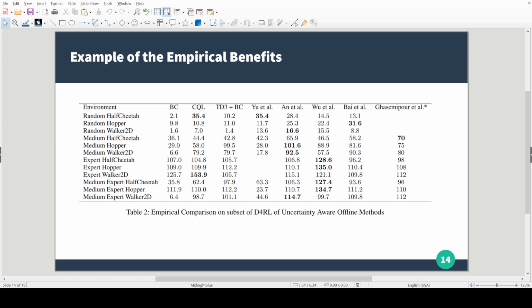So we see here on the left three columns, we have the environment names, and then behavioral cloning, which is sort of the most basic thing, where you just try to learn and map exactly what the policy is doing. Conservative Q-learning, TD3, twin delayed deep deterministic policy gradient. It's been a while since I thought about all these acronyms. And BC, behavioral cloning. And then we see five works, which are all uncertainty aware,